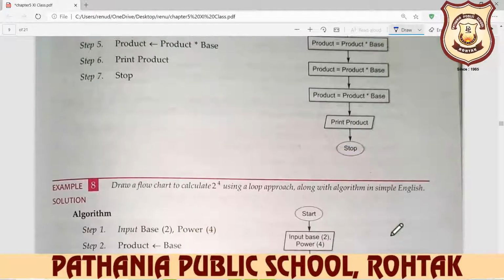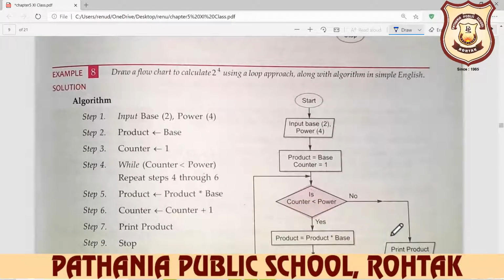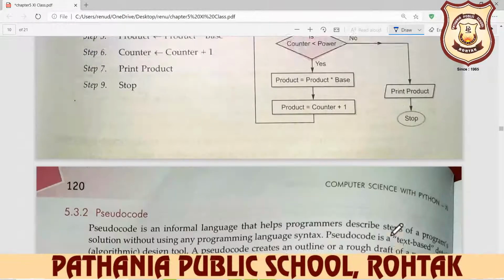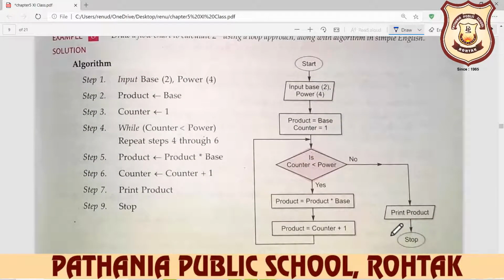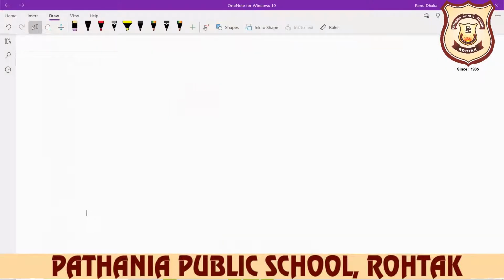So we take one more example here. If marks are greater than 33, then display the answer pass, otherwise display the answer fail. For this, we write the flowchart here.